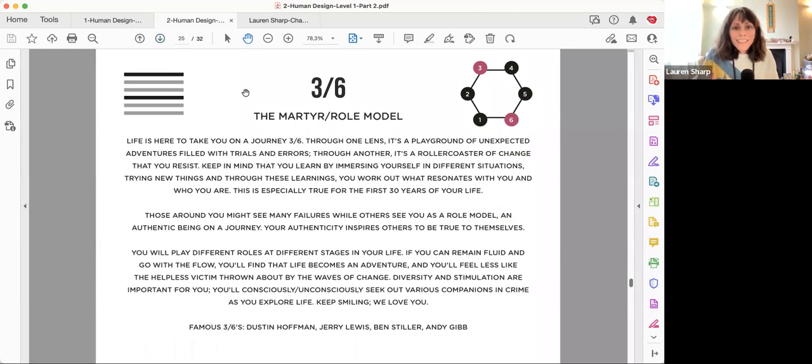And then the 3-6. So this role model aspect, and then this martyr. How does that look? So here is this playground of trial and error. And then there's this learning, immersing, and then finding out, coming out into this role model. Like the 6 in the profile, the 6 is like a very good bottle of wine left at the right temperature for 25 to 40 years, and then you drink it at the end. And so that's the 6.